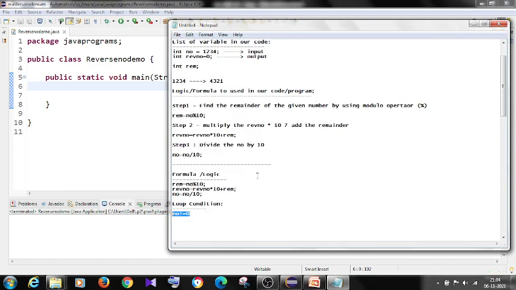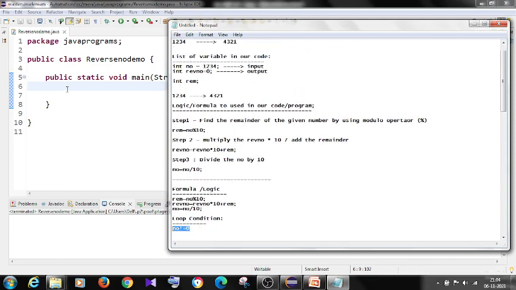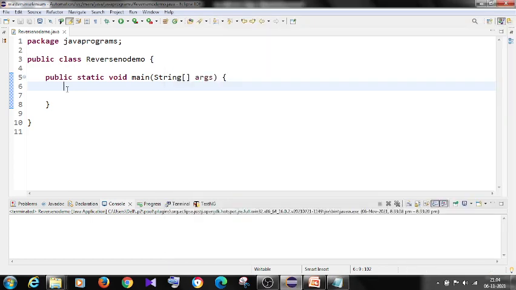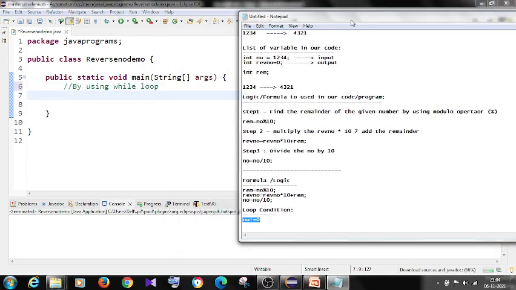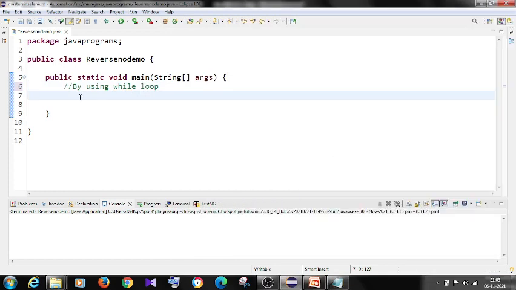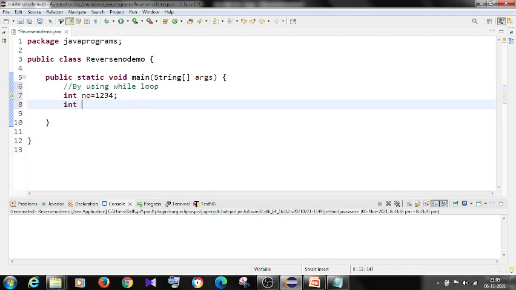Now we will implement this logic in our program. Okay, first of all I will use a while loop. So as per our explanation, what are the variables we need to create? Two variables: int num 1 2 3 4, and next int rev number. You can use any name.